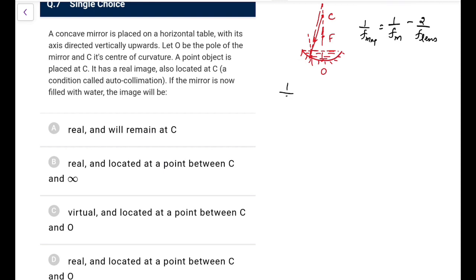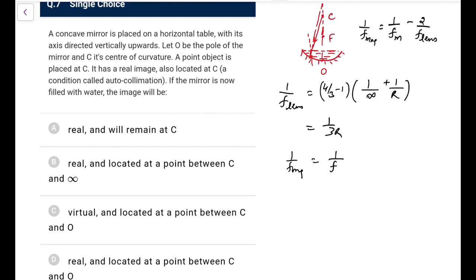And what is F of lens? You will see 1 upon F of lens is n minus 1, which is for water. You would typically write it as 4 by 3 minus 1 into 1 upon R1, where R1 is infinity, minus, it will become 1 by R. So what you will have is 1 by 3R. This would be the focal length of the lens. And you know, for the mirror, Fm is equal to R by 2, that thing you typically remember. So 1 upon Fm equivalent would be, 1 upon Fm is negative, better I should write it as minus 2 by R, and minus 2 upon 3R, that is what we are getting.